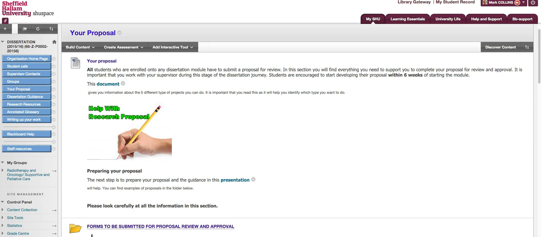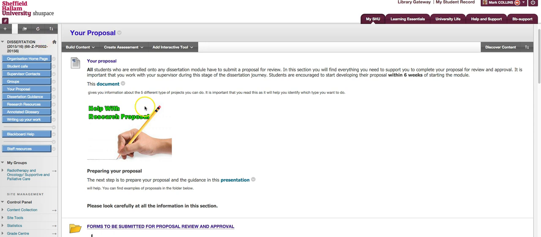I would also encourage you to try and have some sort of mentor in your workplace or a colleague that's been down through this process before, whether it be an MSc or a PhD. And I wouldn't underestimate the amount of work that's involved in developing your proposal. It's a really key part of the process, and spending time at this stage developing it and thinking about all the different factors of your approach for your study is really important to make sure that your research that follows